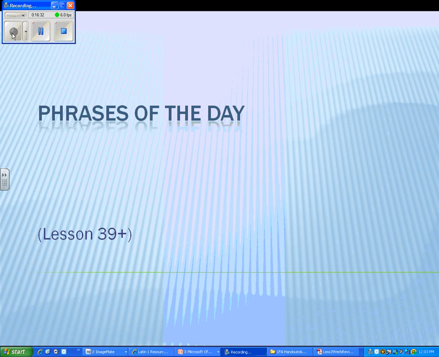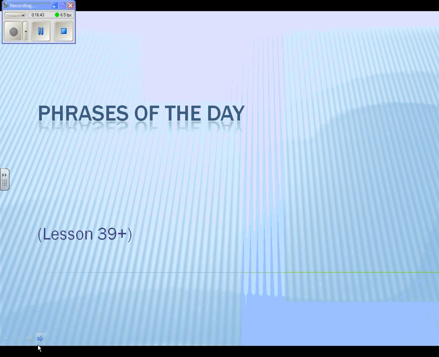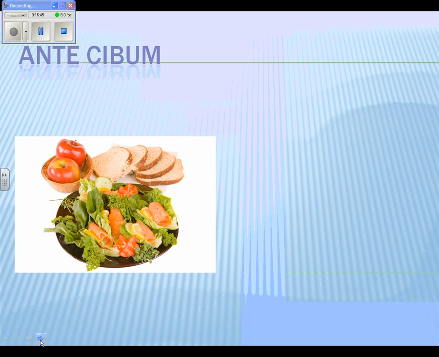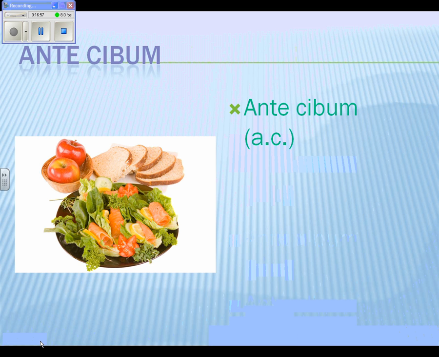Phrase of the day. This is an interruption in the culture unit that we're doing, but I wanted to include the phrase of the day in it, so off we go. Today's phrase of the day is ante cibum. Hey, guess what's on the plate? All kinds of food. Okay? And you guys, being the brilliant young people that you are, can tell me what ante cibum, or